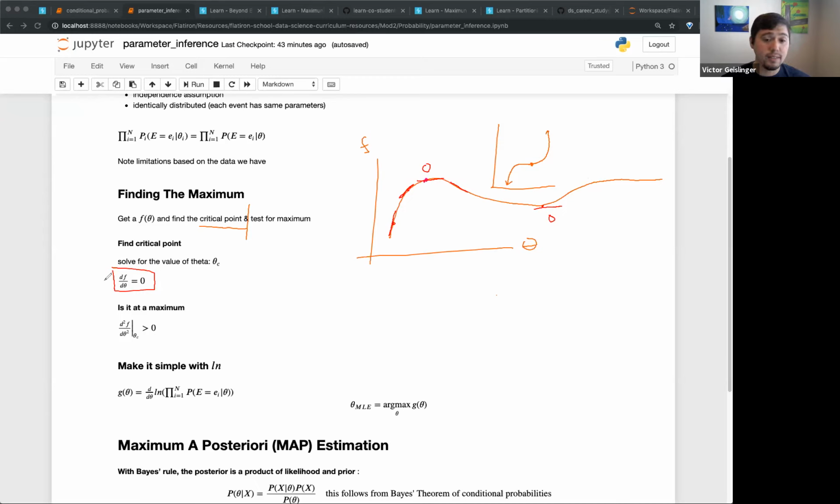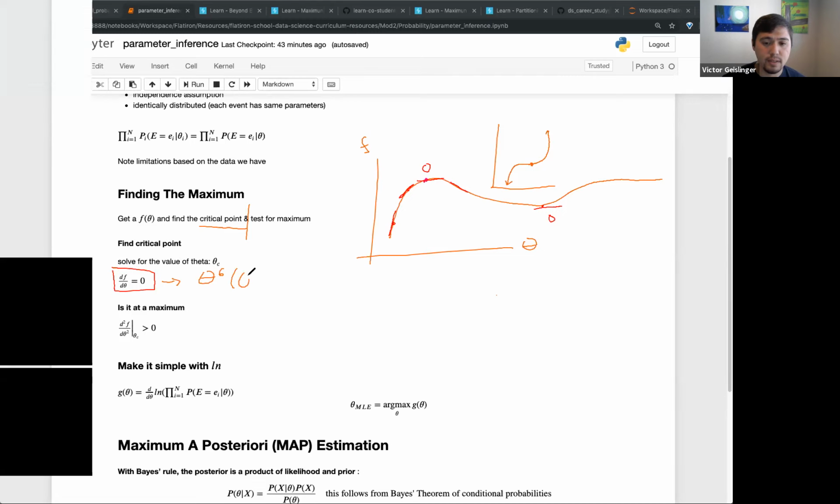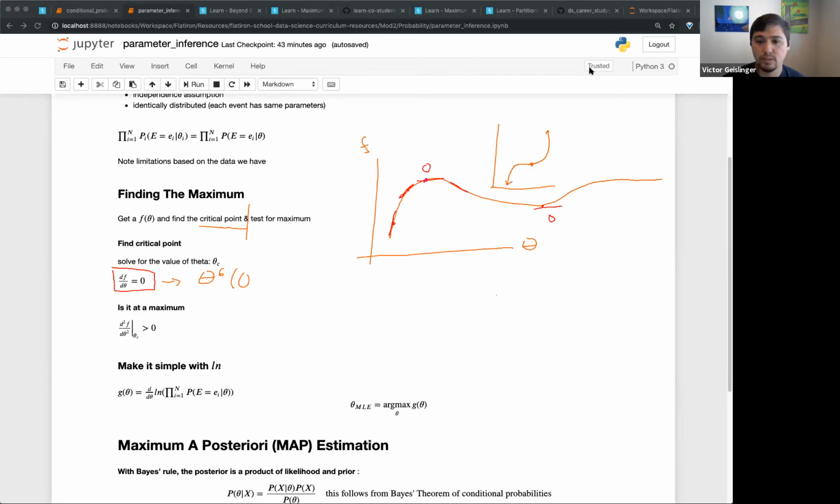We basically set that to 0, and this is going to be a function. For example, I think the curriculum had something like theta to the power of 6 times (1 minus theta to the power of 4). You would take the first derivative of this with respect to theta, treating theta like x, as you normally would, and then set that equal to 0. Figure out what that derivative is, and it'll be some form of theta. Then we solve for theta by setting it equal to 0, and whatever theta gives us, that's our critical point.